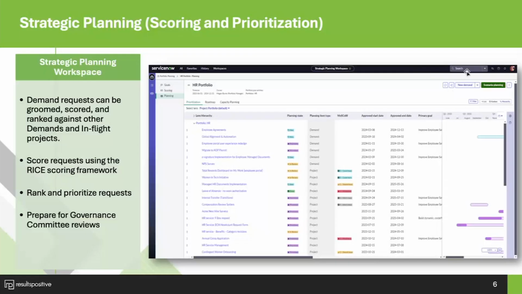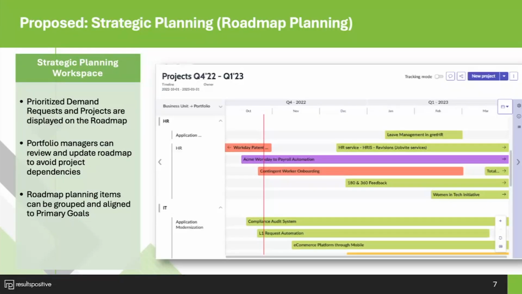There is the new scenario planning, which in future releases will be ready to go to focus on analyzing scenarios, including the impacts to resources and financials. Currently, right now, you can use scenario planning to align to your different strategic goals. One of the key benefits we see here with strategic planning is the ability to put together your overall roadmap. We're finding more organizations, from an EPMO or PMO perspective, putting together their overall roadmap, which would include various